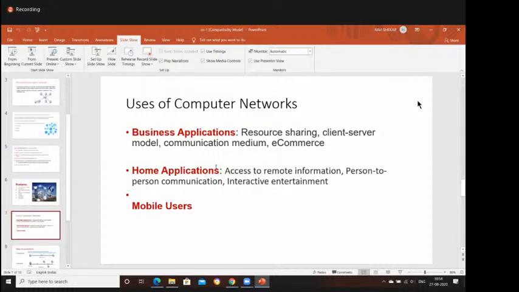At that time, if the users are in the same network, they can easily access the particular resource. Resources may be either hardware or software. Uses of computer networks means that by using the network we can access resources between the sender and receiver or many parties. And the next thing is